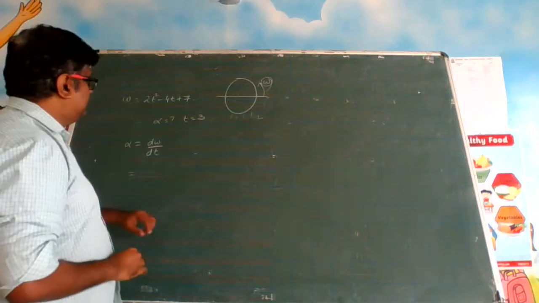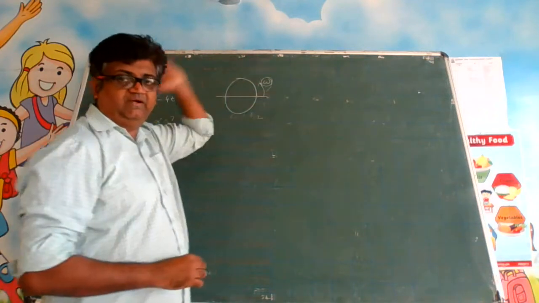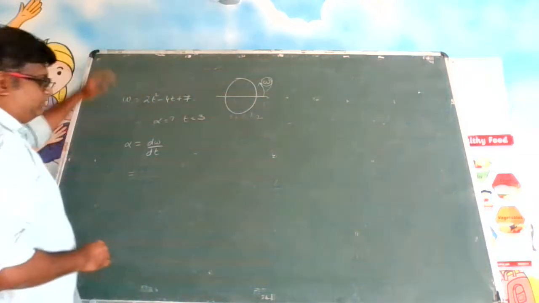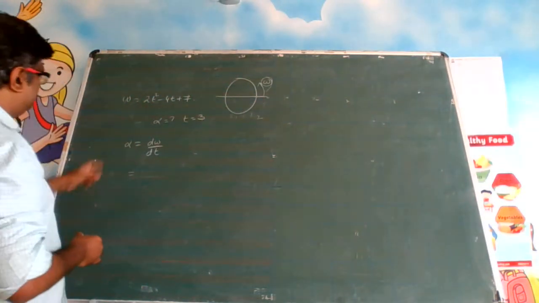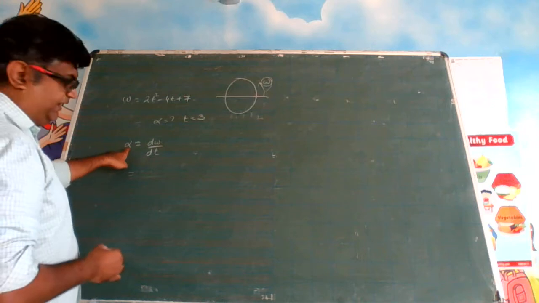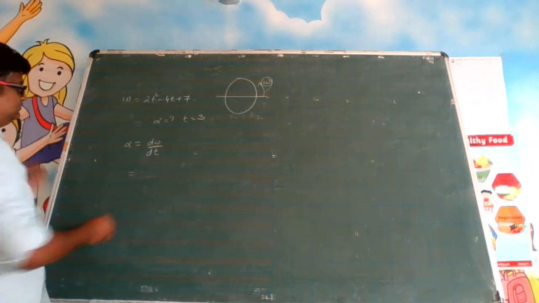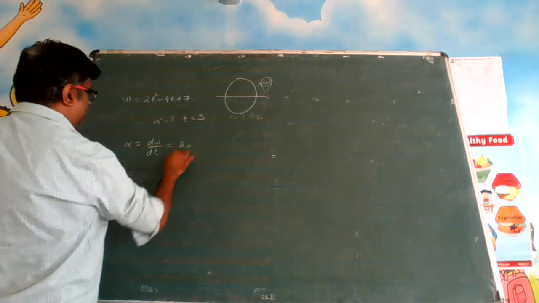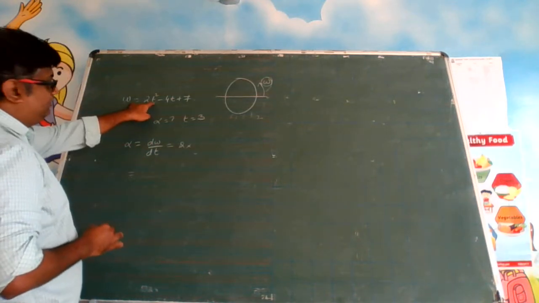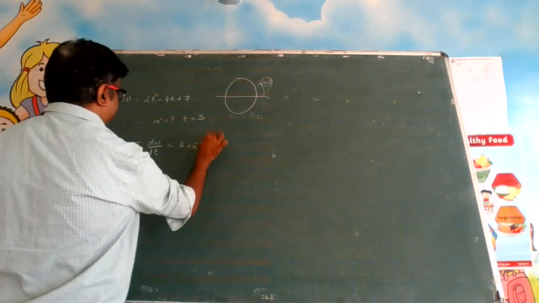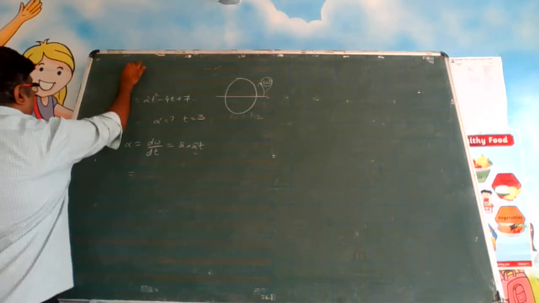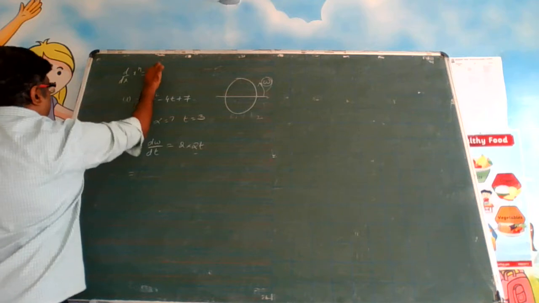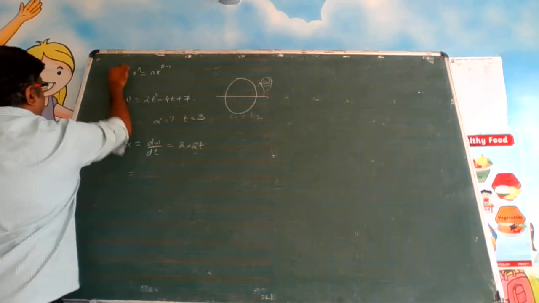But here what is happening? At t is equal to 1, some omega is there. At t is equal to 2, some other omega is there. So that type of question. These are simple questions only. If they ask you angular acceleration, differentiate it. Differentiation of 2t square is 2 into d by dt of t square, it is 2t. Anyone knows d by dx of x power n is equal to n into x power n minus 1.